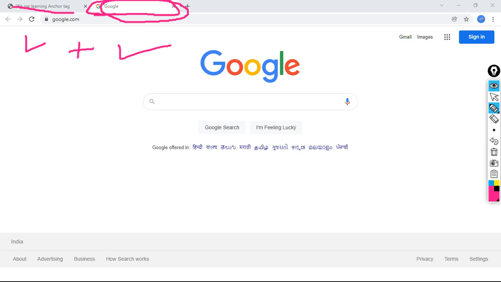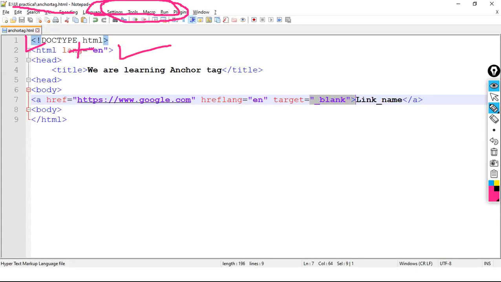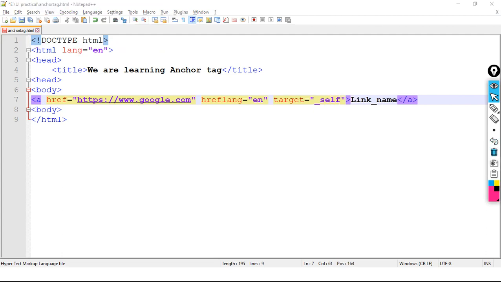Understood? So there are two tabs now. Why are there two tabs? Because in the code we have written target is equal to blank. Now what I will do, I will make it underscore self, okay,